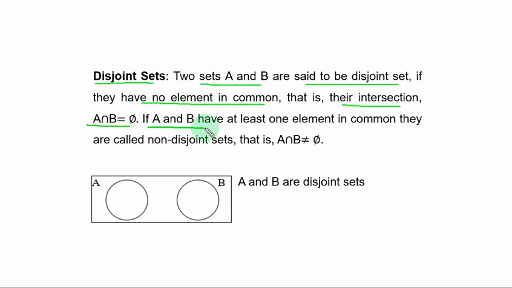If A and B have at least one element in common, they are called non-disjoint sets. That is, the intersection of A and B is not an empty set. Look at this diagram. You have set A and set B. The two sets have no point of intersection. As such, A and B are disjoint